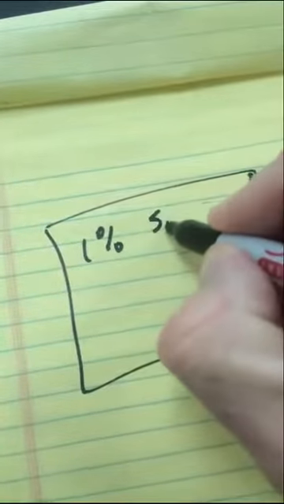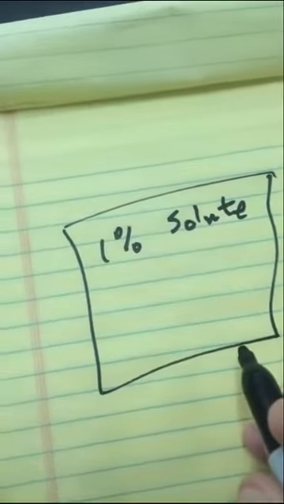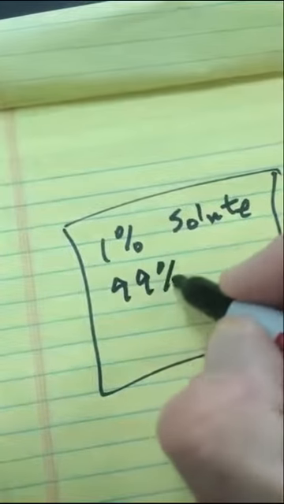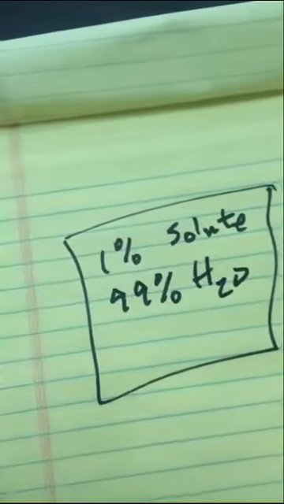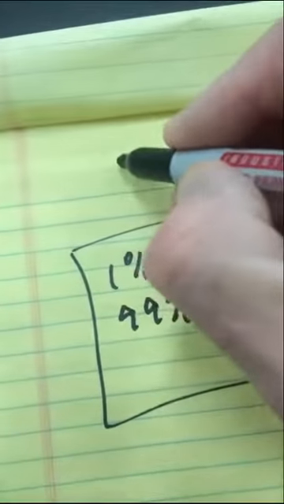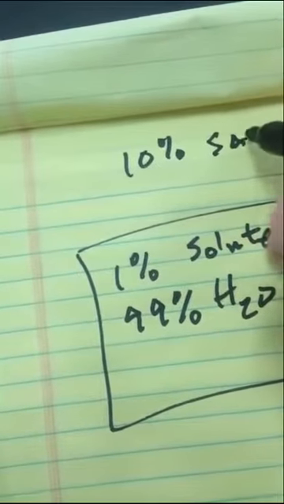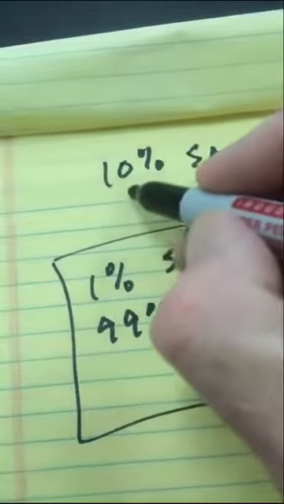So let's say that this is the Elodea cell here, and we'll put in a 1% solute. That can be sugar, it could be amino acids, it could be salts, but anything that dissolves in the water. So I have a 1% solute, 99% water, and let's say outside the cell I put in a 10% solute, say salt, it could be sugar, it could be again amino acids, something that dissolves in the water, and let's say a